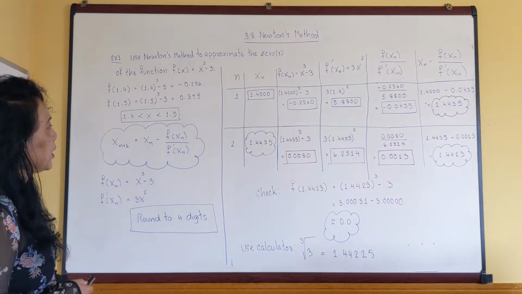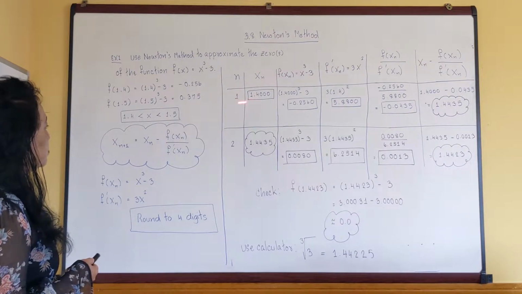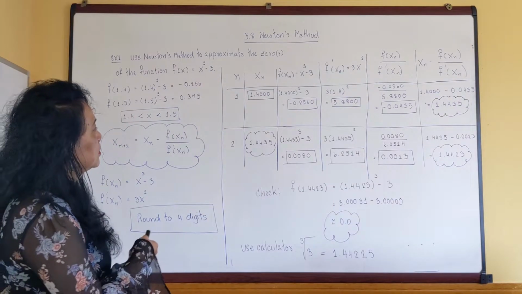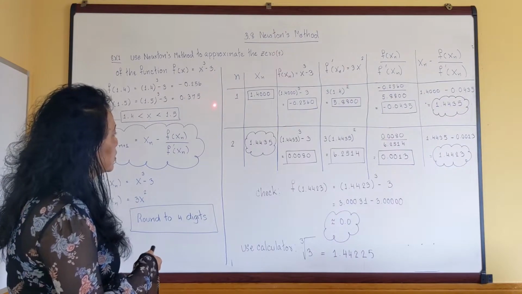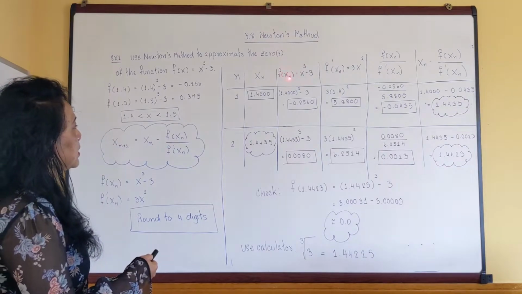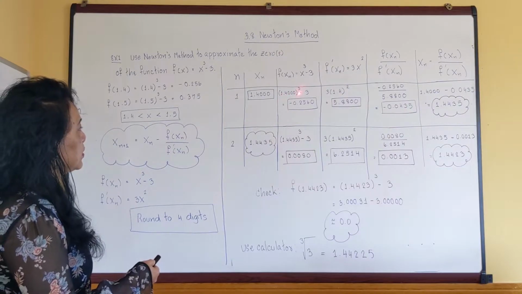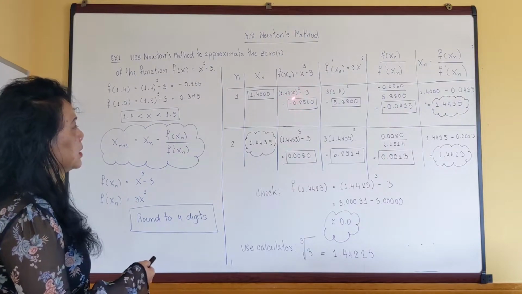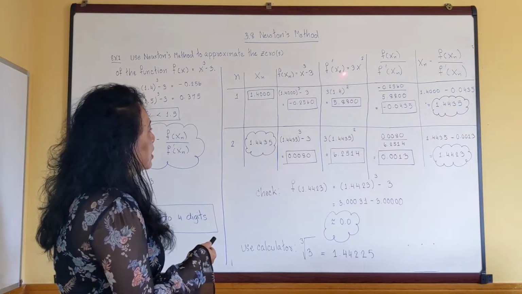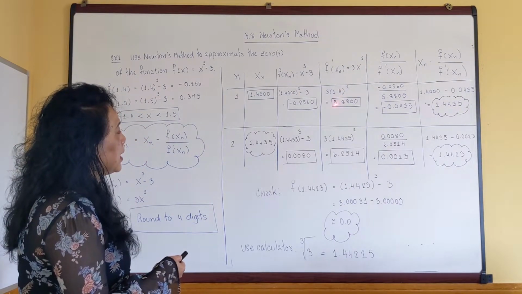So I create a table here. My first n is 1, and my number starts from 1.4. Again, I need 4 digits. We're just going to start from the first column, the first row, from left to right. For f of x sub n, I substitute x sub n, 1.4 raised to the third power minus 3, and this is the number that I get. Now when you take the derivative of the function, you get 3x squared. Again, substitute 1.4 for x. I end up with